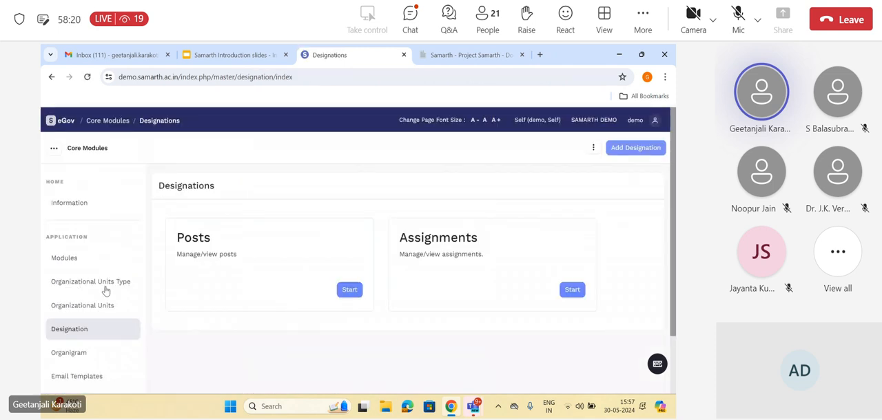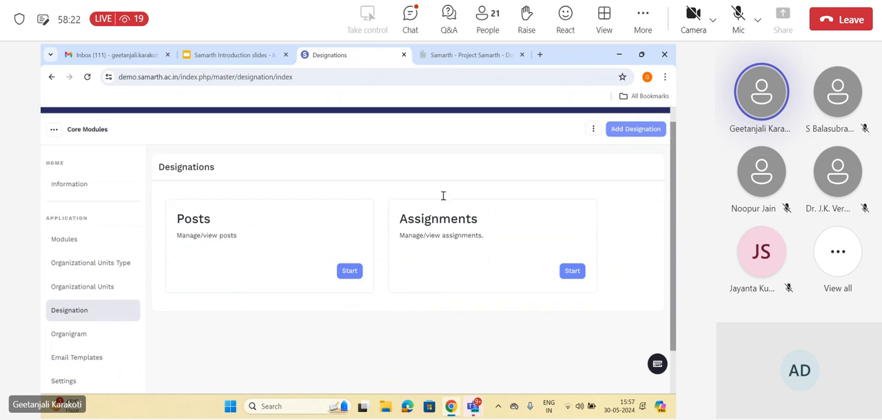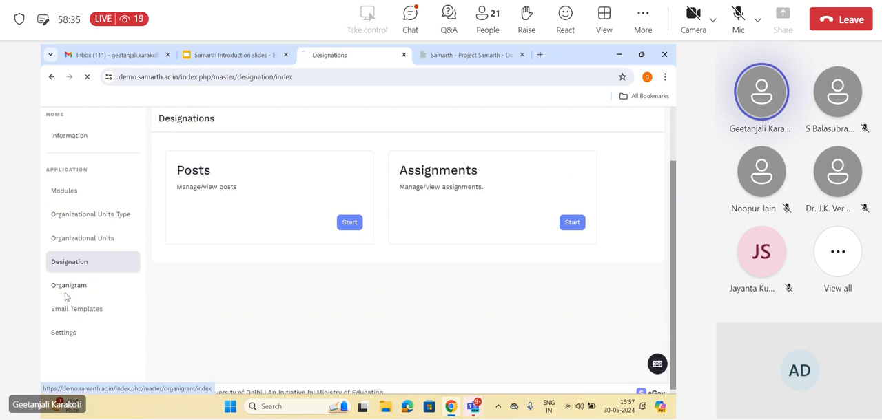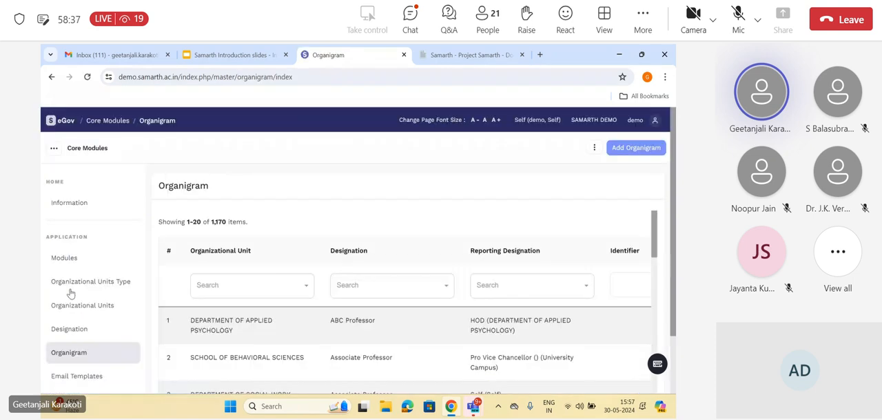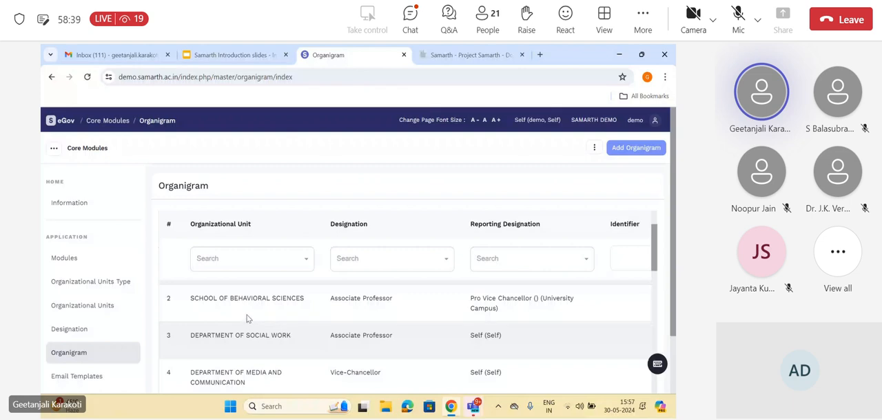After that, you can create designation in it. In designation, we have two options: post and assignment. Posts are those on which people are recruited, and assignments are the additional tasks which are assigned to the employees. So you can add those here. Then we create an organigram in the system, as in which particular department designations are there. Once these details are completed,